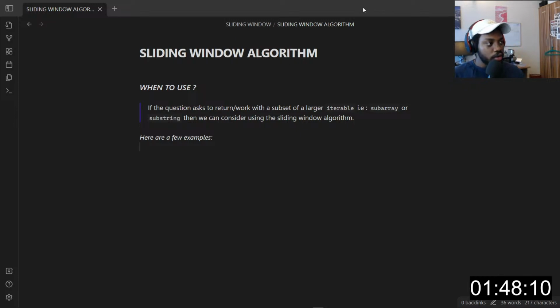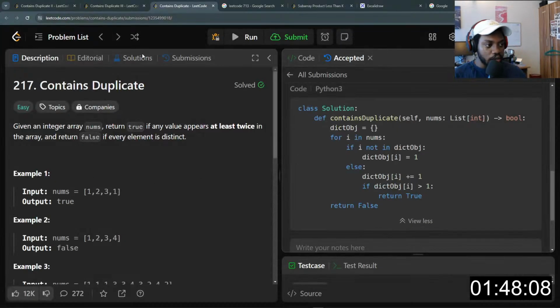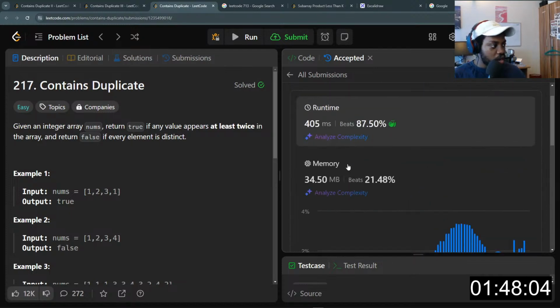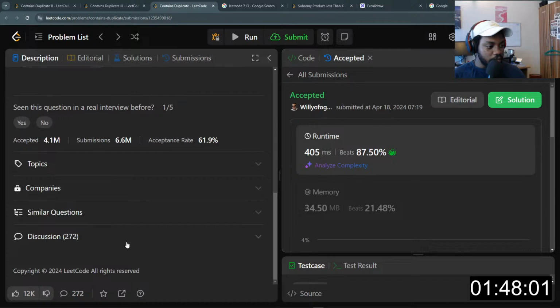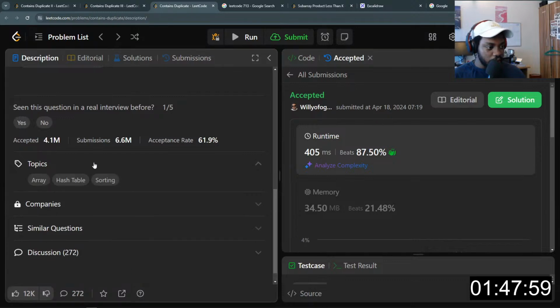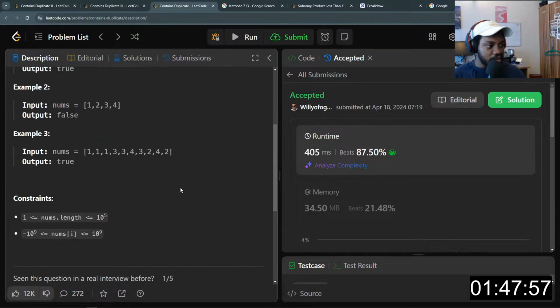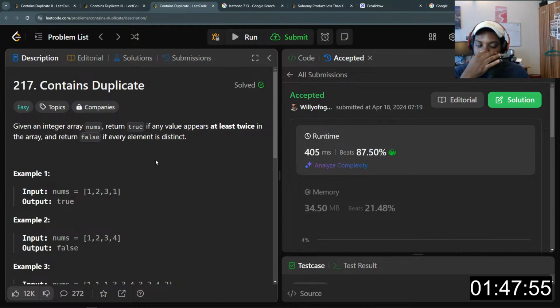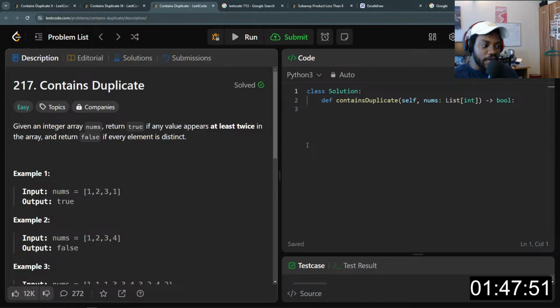So I will solve, like I said, I'm usually going back to the questions I solved previously. So let's take a look at some questions here. We'll look at the contains duplicates question. Now, this is probably not relating to a sliding window problem, but let's see. It's a question I solved previously, and this time around, I'm revising. I'm revisiting every question I solved previously and solving them again just to build that muscle memory.